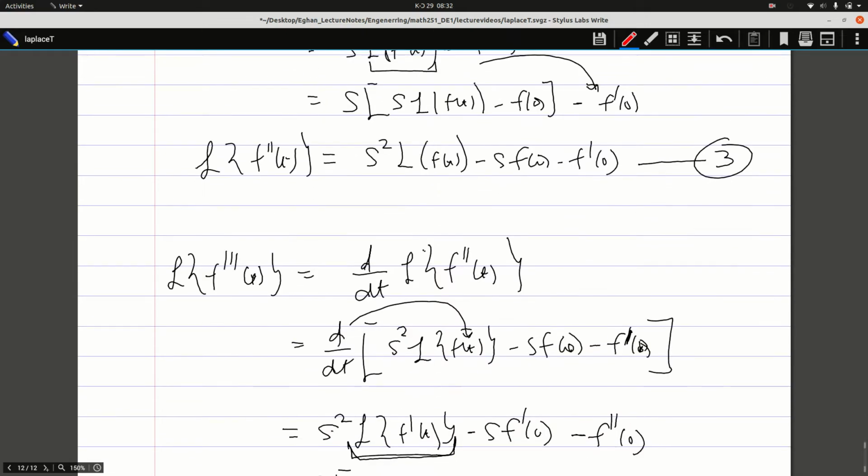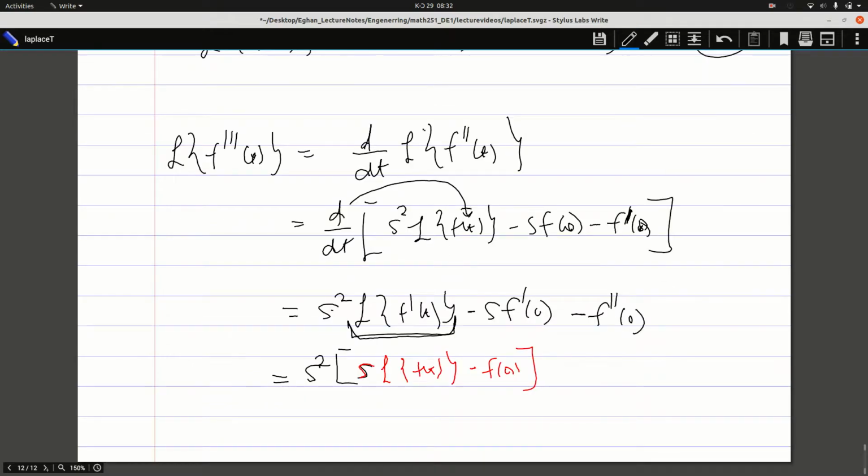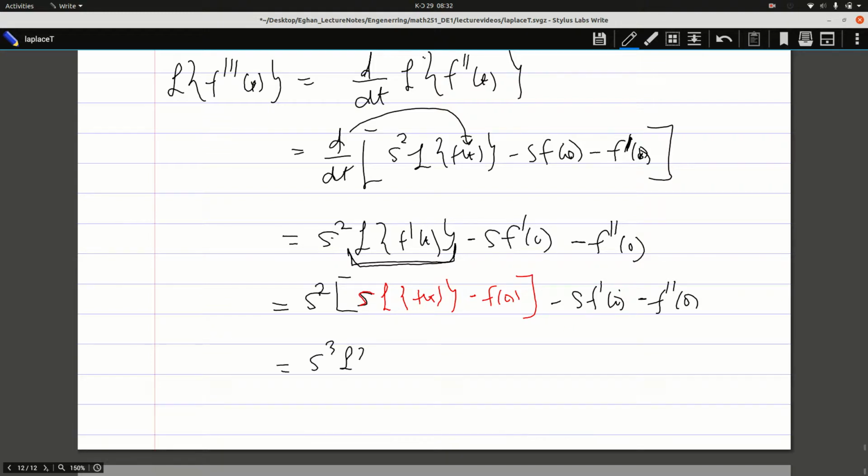So there's the Laplace of f of t minus f at 0, and then continue the rest, minus f prime at 0 minus the second derivative at 0. Expanding this, I have s cubed Laplace of f of t minus s squared f at 0 minus s f prime at 0, and then the last term holds. This is the third derivative,